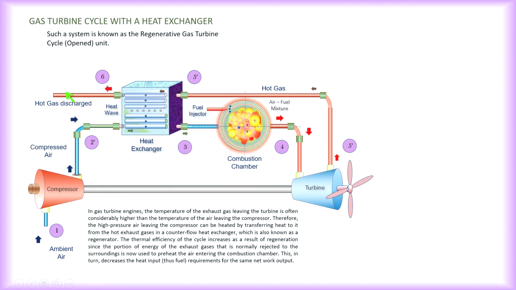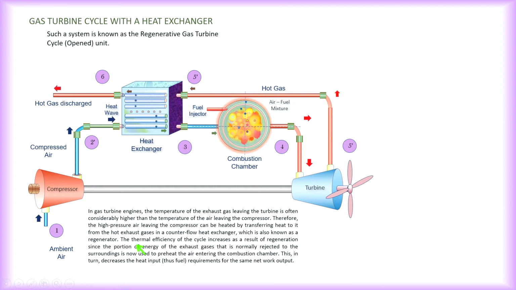The temperature of this line here is higher than the temperature of the air stream here. Therefore the high pressure air leaving the compressor can be heated by transferring heat to it from the hot exhaust gases between these two streams in a counter flow heat exchanger, which is also known as a